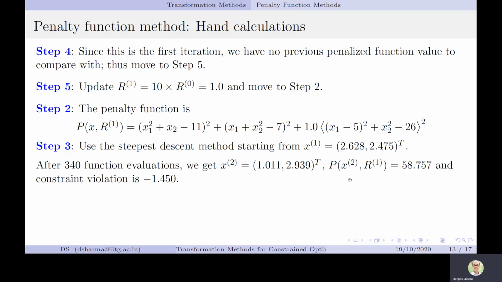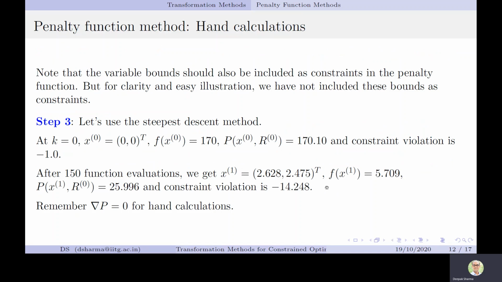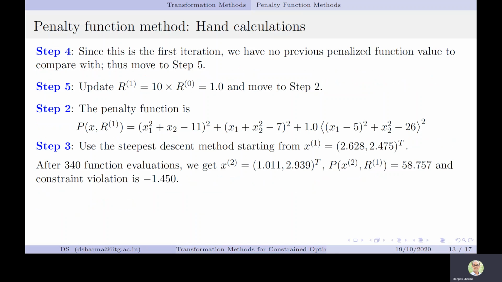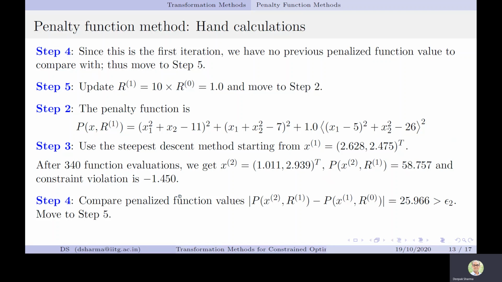I will show you with the help of a table as well. But as of now, we know that in the previous case, when we found this penalty function value, it was at R0, meaning 0.1. But when we calculate the penalty of x2 at R1, R1 is now 1. Because of this value of R, our penalty function value is more compared to the previous iteration. But the constraint violation is improved, meaning we are going closer towards the feasible region. So that is a good point here.